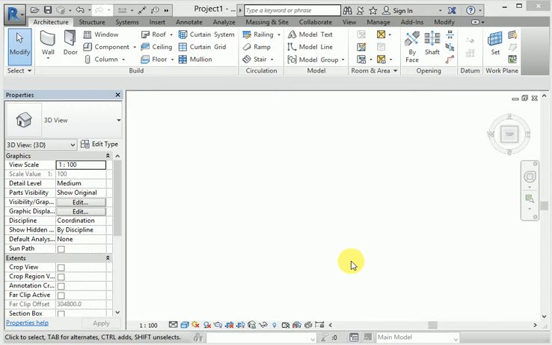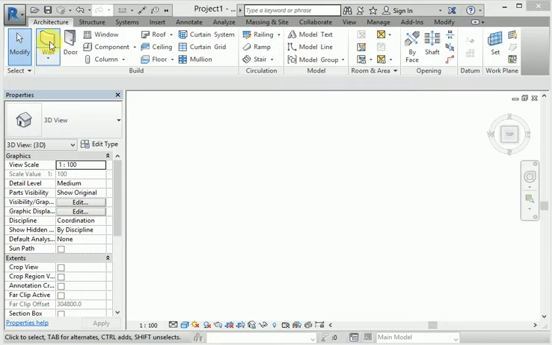Today I will discuss how to use curtain grid. Basically, curtain grid is generally used for glass design. When you create the glass design and show the different cut parts on the glass, you use the curtain grid. Curtain grid is used to create the glass wall. So let's start right now.